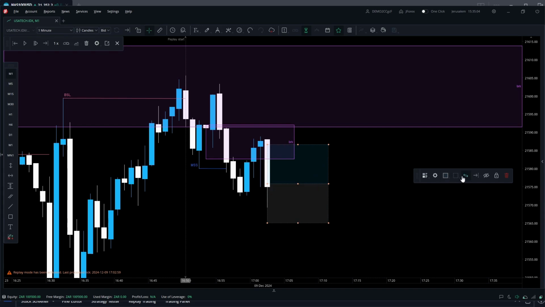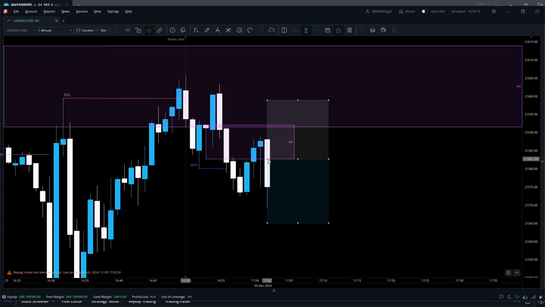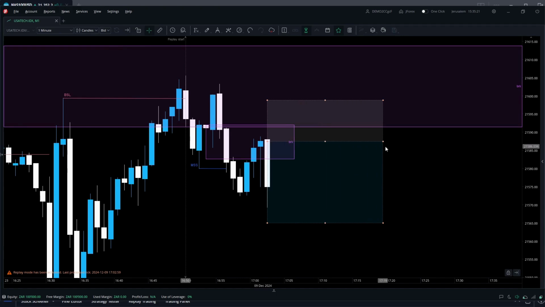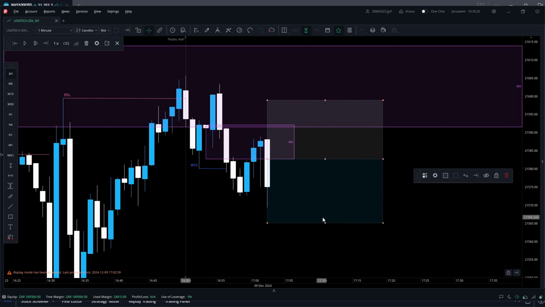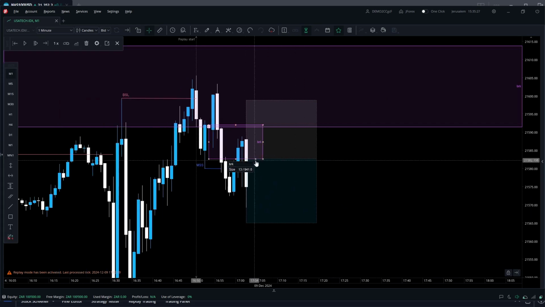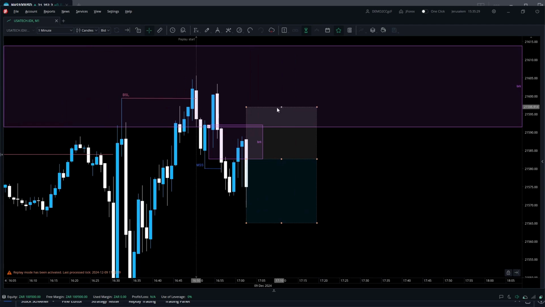If I had to put my entry, I would put it either at the breaker block or at the midpoint of the breaker block, or the consequent encroachment, if you remember in the previous videos. But let's say you had your entry here at the breaker block, your stop loss would be either above the breaker block, or